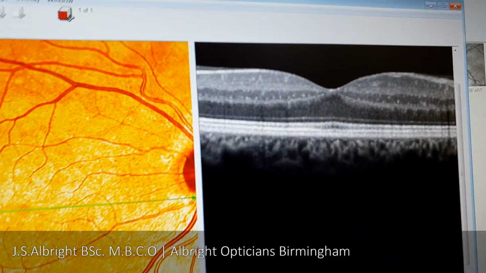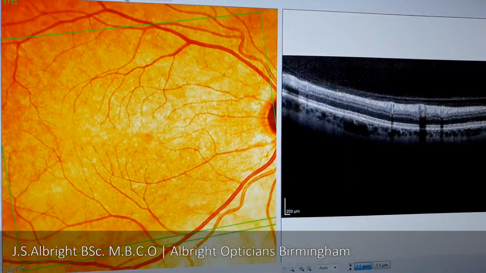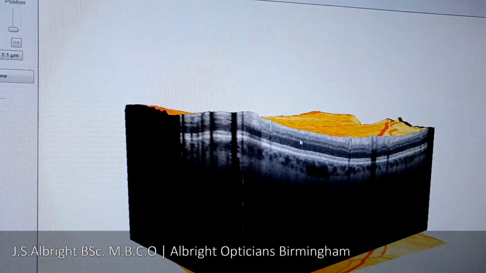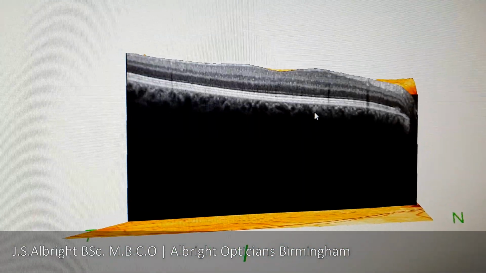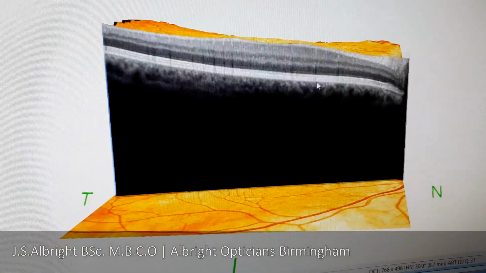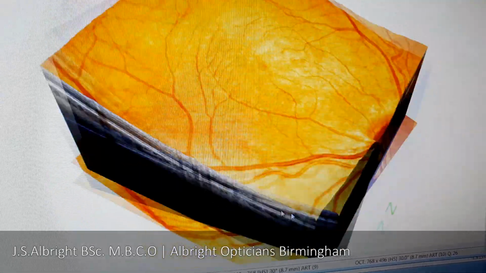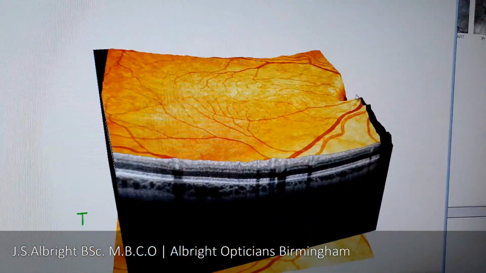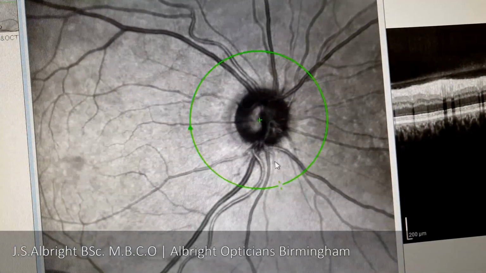I can show you a little bit more with my eye, so if we jump to this one, and let's have a look, we can build that up. So there is the underneath of my retina, and then building that up, that's my macula just there, and then building that up into a nice three-dimensional picture. This is a three-dimensional map of the back of my eye. Looking for glaucoma. So there is a family history of glaucoma in my family, and what we would normally do